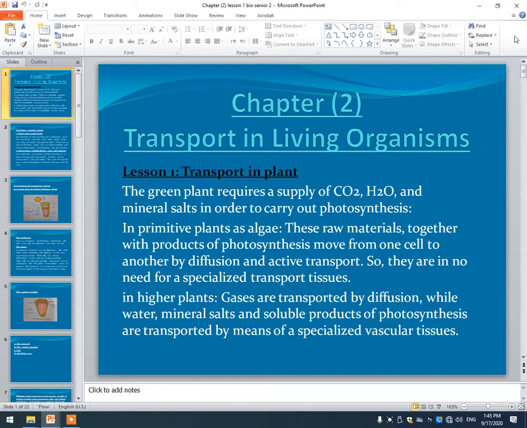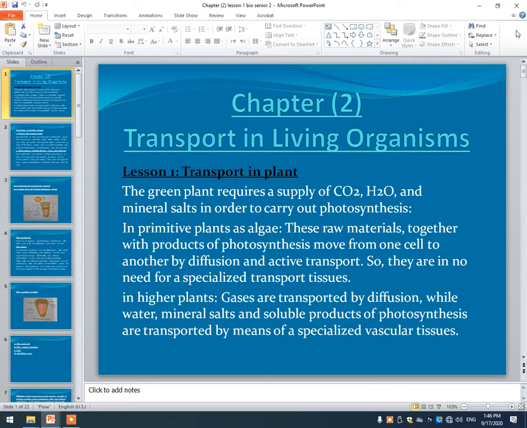Today we'll talk about chapter 2, transport in living organisms. Lesson 1 will explain transport in plants. As we know, green plants require a supply of carbon dioxide, H2O, and mineral salts to carry out the photosynthesis process, by absorbing the energy of sunlight and making food which is stored inside the leaf